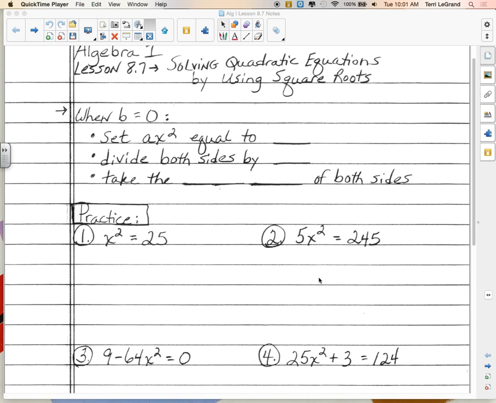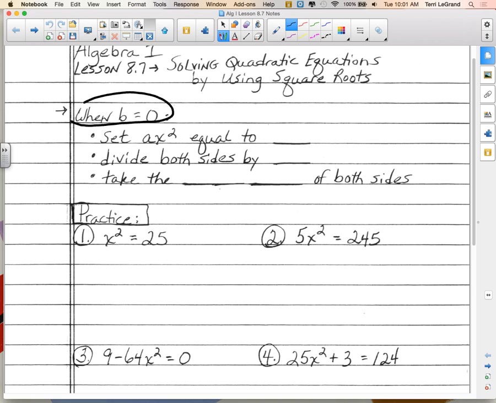So when b is equal to 0, this is really important. Will you circle that, please? This is the only time you can use this. When b is equal to 0, set ax squared, in other words your x squared term, equal to the c term. We're not going to have a bx term because b is 0, and 0 times x is 0. We're only going to have the ax squared term and the c term. So we'll set ax squared equal to c. Then we will divide both sides by a,